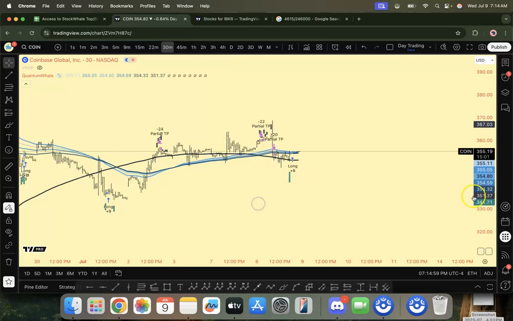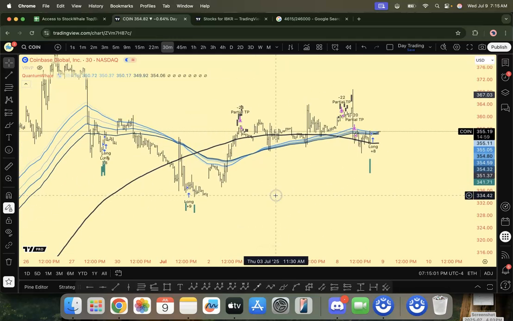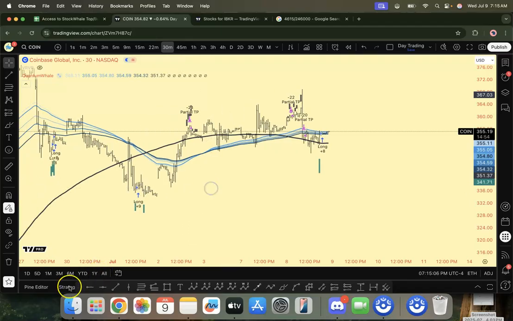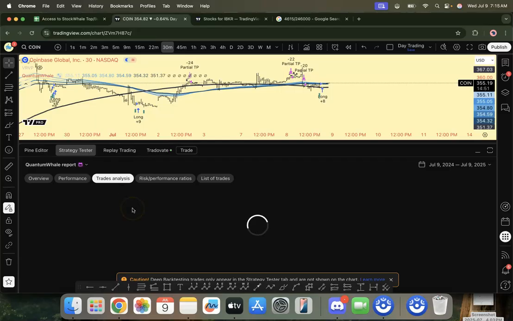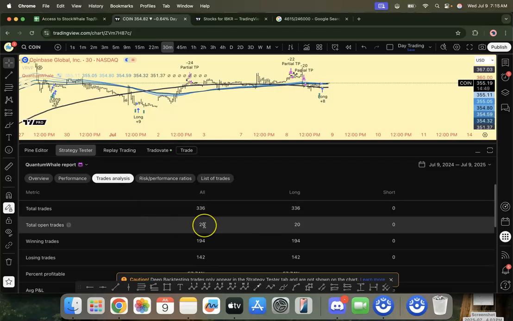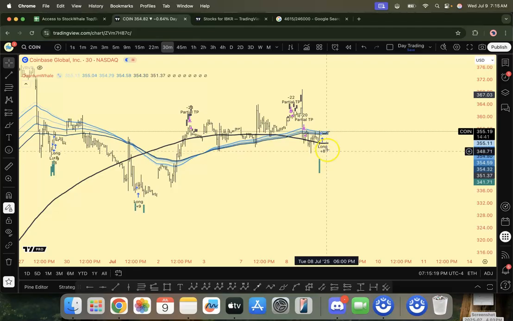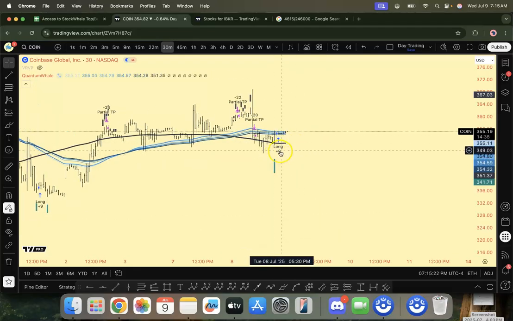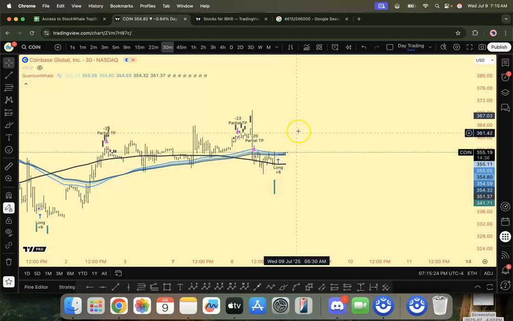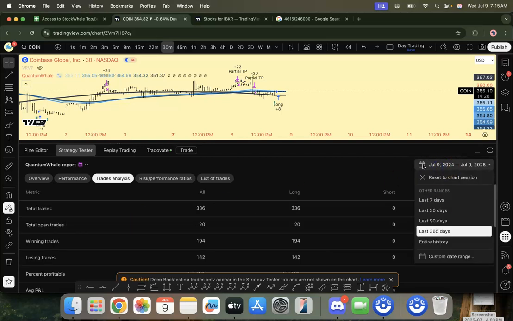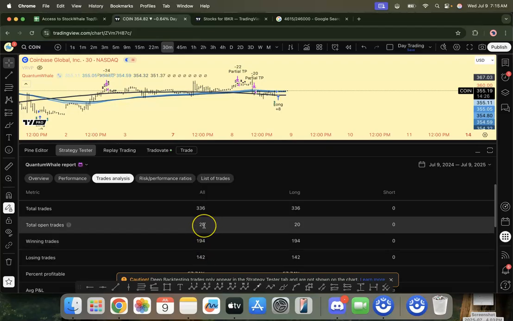So again, let me try to say it in layman terms. So throughout the cumulative history of Coinbase, right, it currently has right now 20 open trades on Coinbase. So on the next take profit, instead of only taking 20% of this 8 shares that you did, right? So it'll take profit of maybe 2 shares theoretically. It won't do that because cumulatively throughout the history, since whatever date you do here, it still has 20 shares